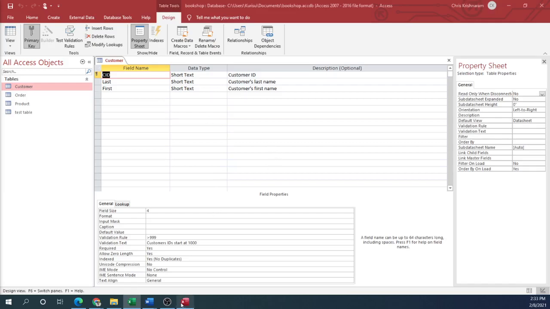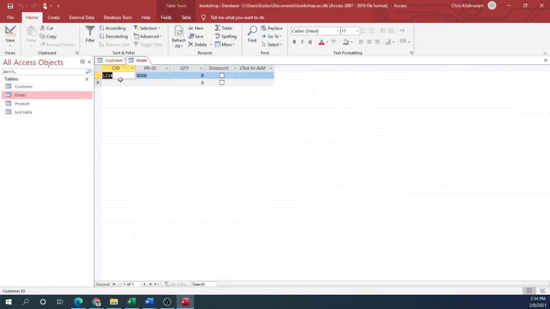Now, setting the field name, data type, description, the field properties, setting the field size, and changing all of these options inside your field properties is all considered a part of designing your table, including setting your primary key. In case you guys forgot,